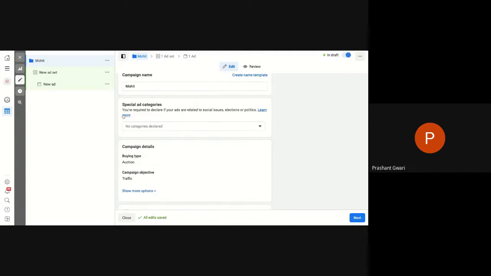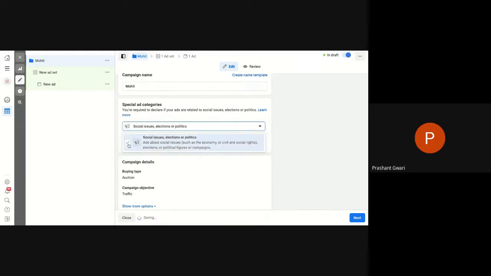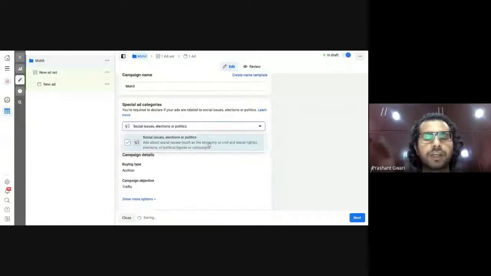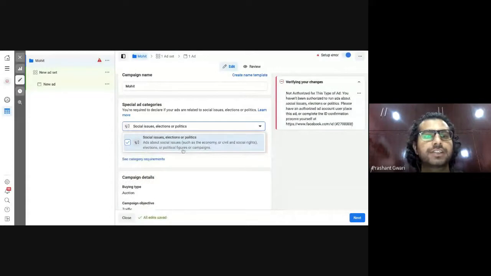Now you don't need to add anything here in the special ad categories. The special ad categories are for when we are promoting content related to jobs, housing, and loans. You can see if you click on the special ad category, there are options available such as economy, civil and social rights, election, political figures and campaigns.